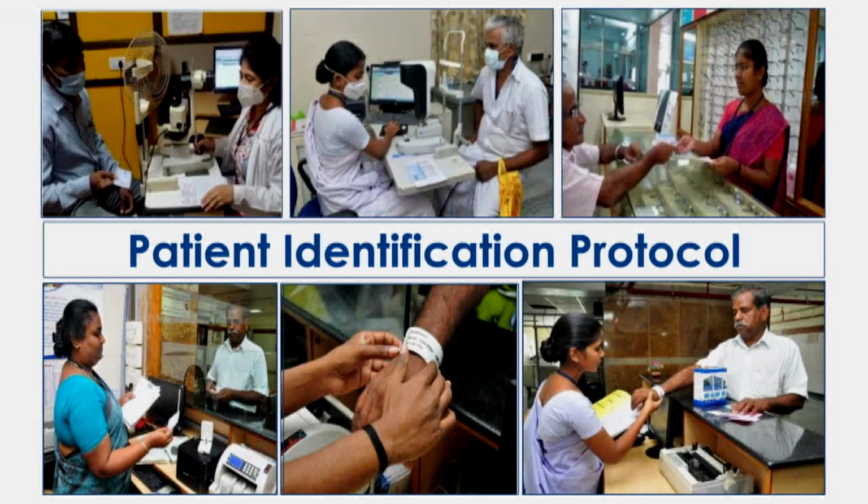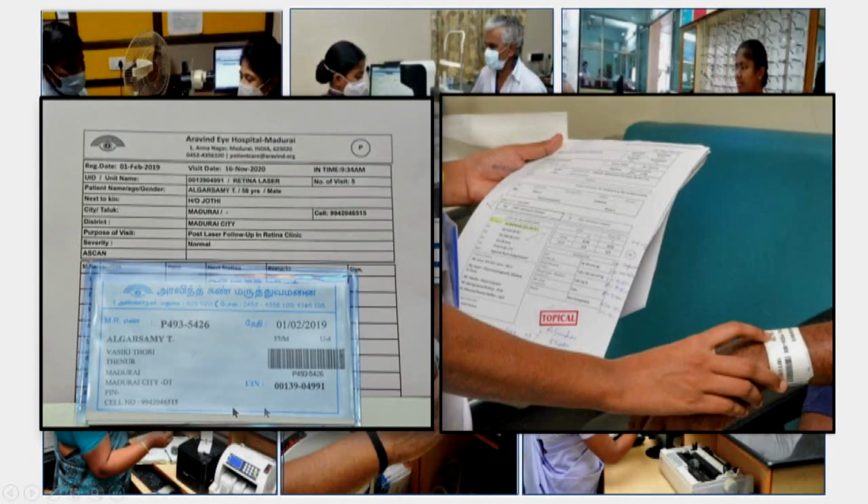And we ensure that the patient is identified using their ID card. They need to check the patient name and the ID number in their ID card, and also with the case record. This is the first step they need to do. But in the inpatient record, they may not carry the ID card, but they'll have a wristband. That is what they'll use for checking at every point.